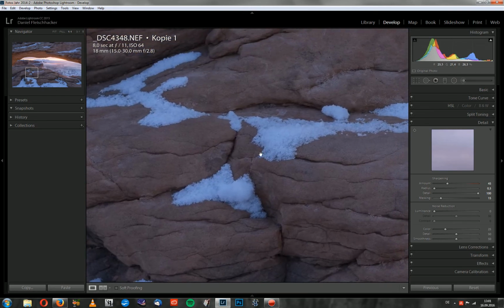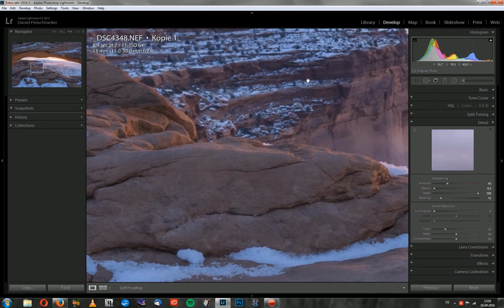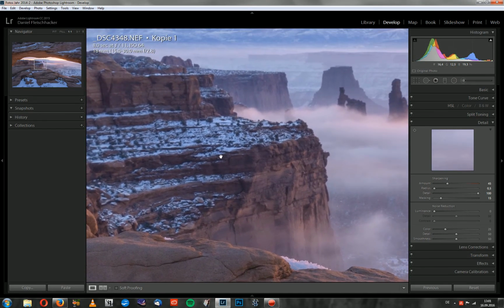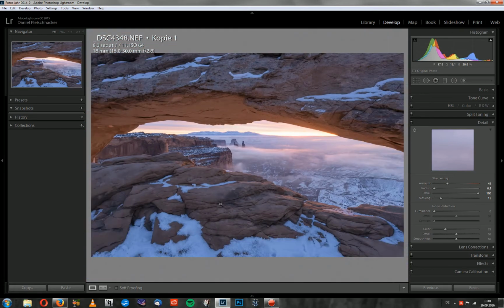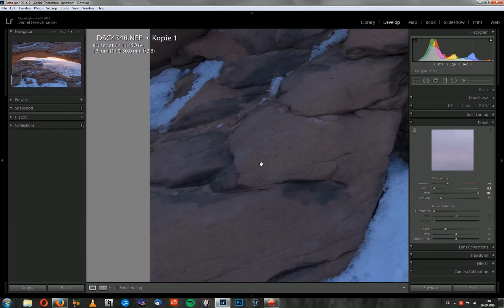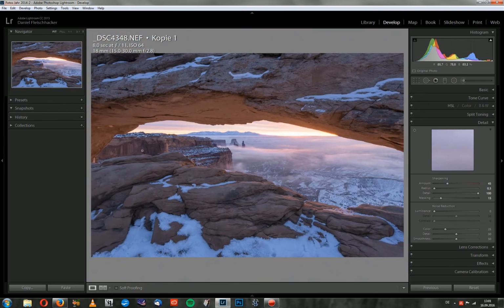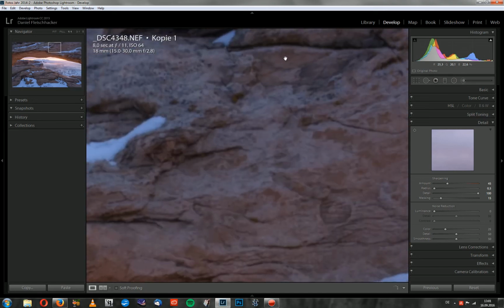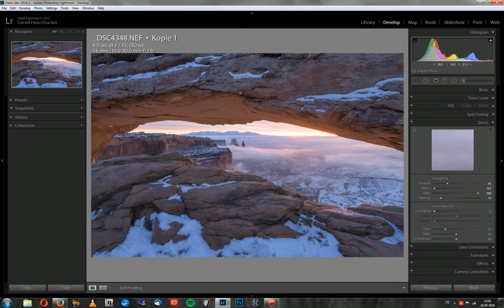And when you see here, I have nice sharpness in the foreground, but when I go to the background, here you see there's some blur. And that's the reason why I need focus stacking, because I focused somewhere here, so to have all the nice sharp information here. But it was not enough depth of field, so I lost all the sharpness in the background and also on the top here, and that's the reason why I need the second focal point. And that's what I will actually start doing now. I will go to the second raw file,